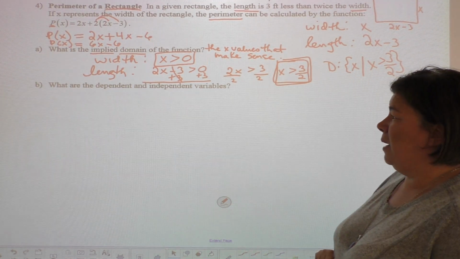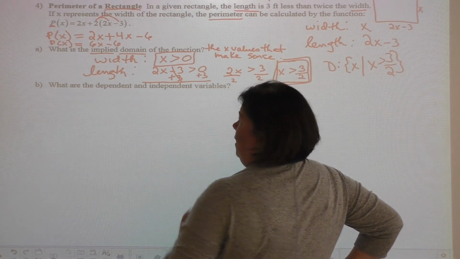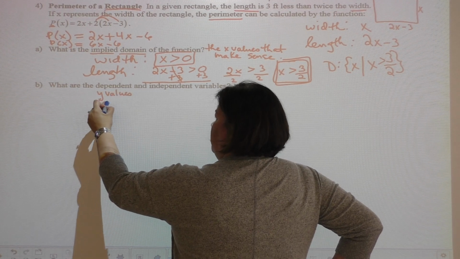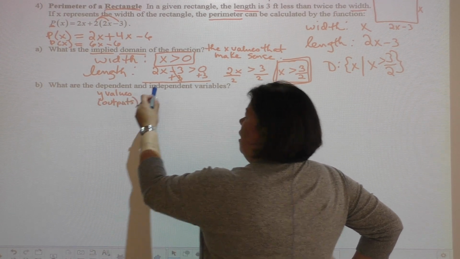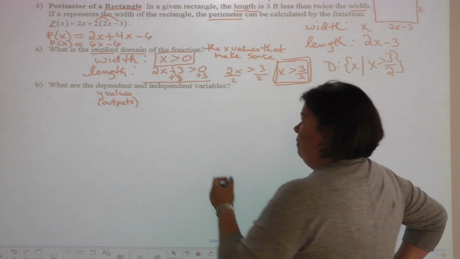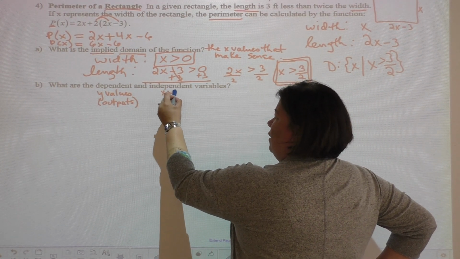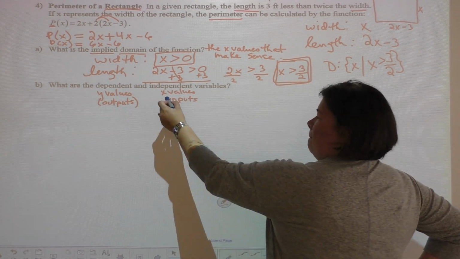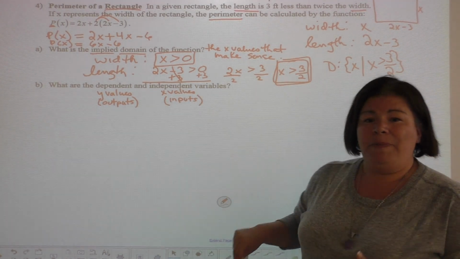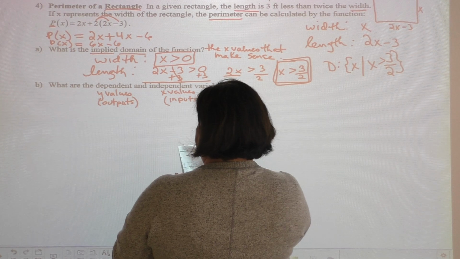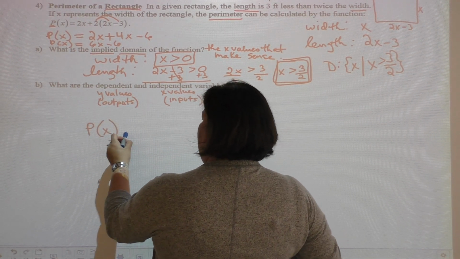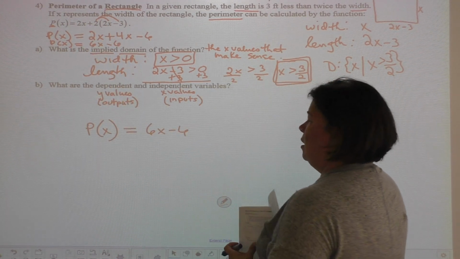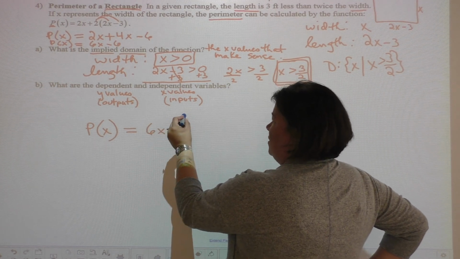Next, what are the independent and dependent variables? Well, our dependent variable is our y values, which are our outputs. Our independent variable, something we probably need to cover more of, is our x values, or our inputs. So with respect to this function here, it was p of x equals, and again, I'm just going to rewrite this simplified, 6x minus 6. Well, my inputs are my x values,